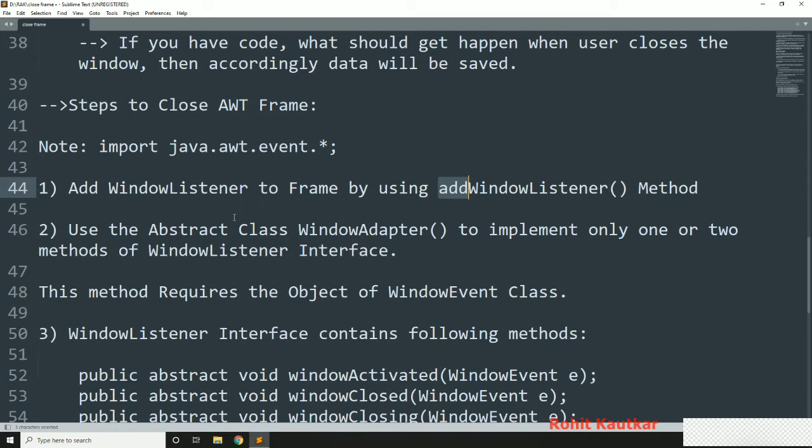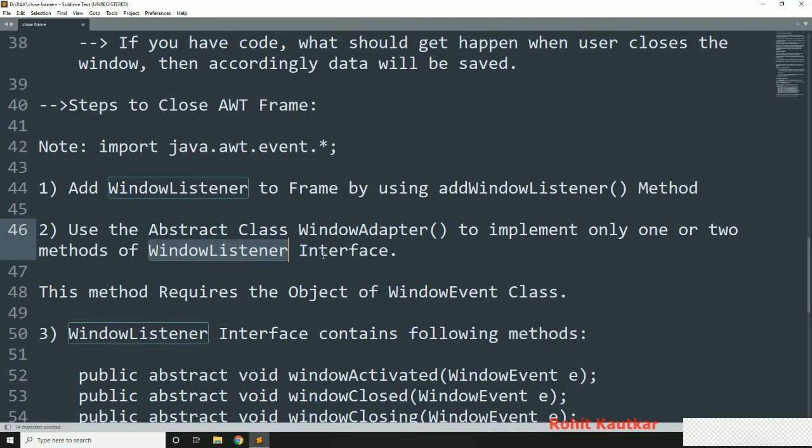After adding this method to our frame, the next thing we need to do is use the abstract class called WindowAdapter. This WindowAdapter class is used to implement one or two methods of the WindowListener interface. There is a WindowListener interface available to handle a variety of events related to the window, and all methods are available within the WindowListener interface.